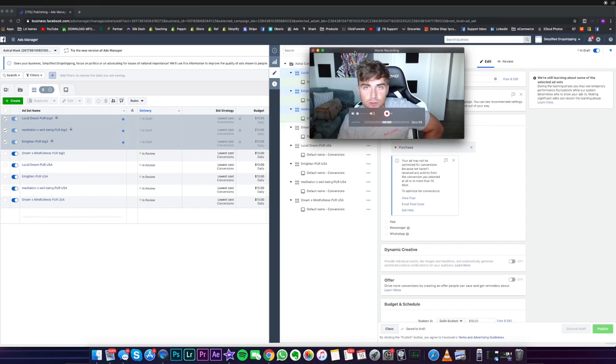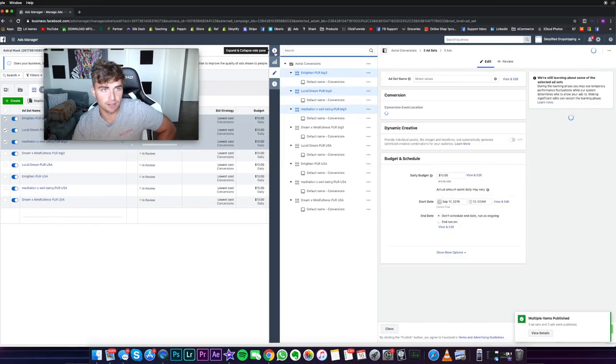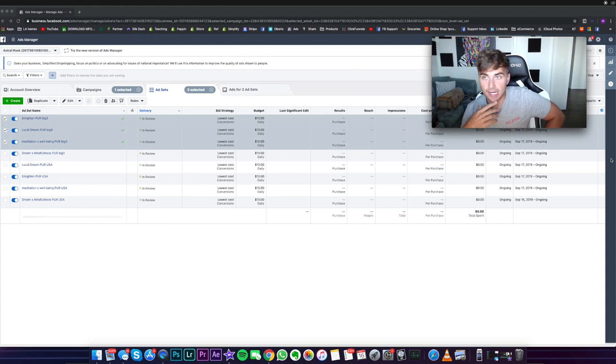And I'm going to let this run for about 48 hours to 72 hours and show you how to analyze the data and everything so that you know what to do next in your personal situation. So this is the launching of it. It went very smooth, but rest assured Facebook ads will not be smooth. I'm sure I'm going to run into some kind of issue, in correspondence with all the issues I've already run into. But just know this is where a lot of people give up because it gets frustrating and